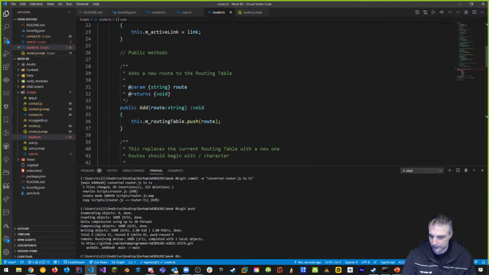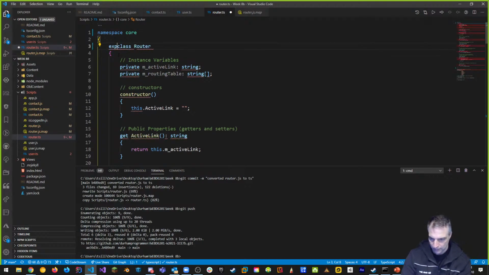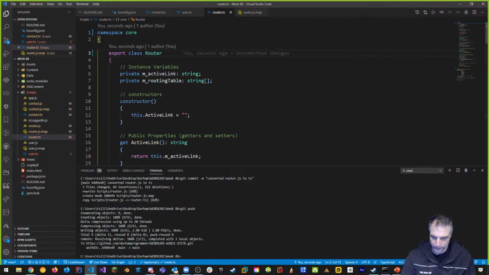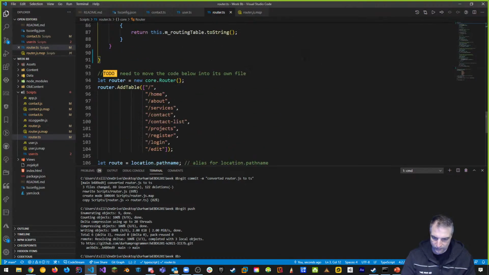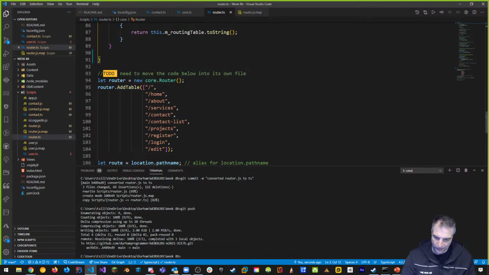But we do need to export the class router so we can use it other places. Export does that for us. That's what it does. And if I scroll down now, and if I hover over router, I get a lot more information. Look at that. Add table gives me some code hinting from what we did. This is how I want TypeScript to work.